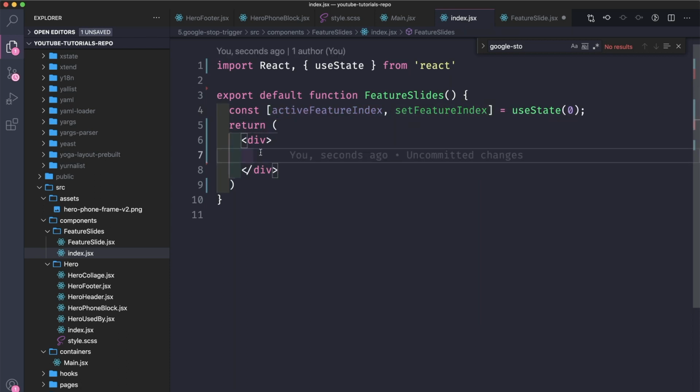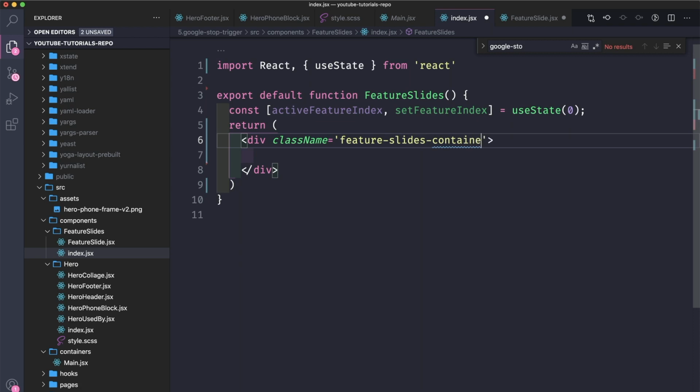Down below we'll have again some components. Here we'll get a class name to be feature slides container,